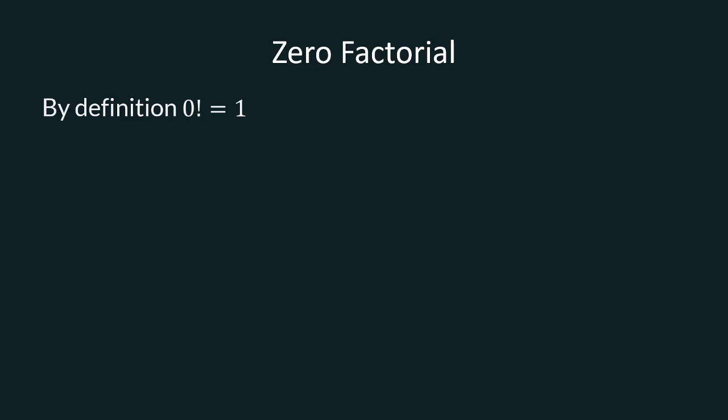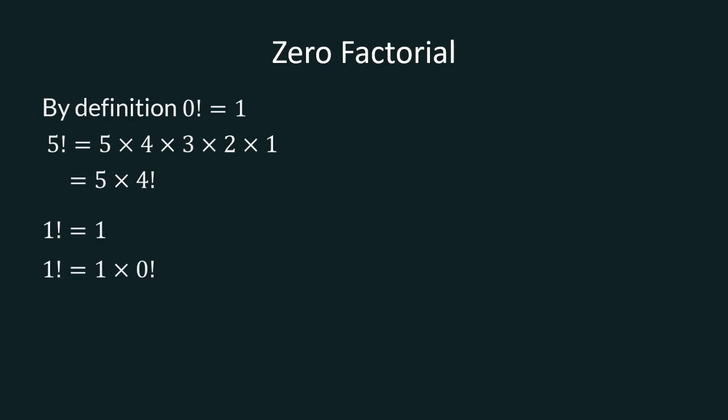So first of all, we know 5 factorial is 5 times 4 times 3 times 2 times 1, which can be written down as 5 times 4 factorial. Now, it means that to find the factorial of any number, you can just write out the number times the number minus 1 factorial. Simple, right? Now we know 1 factorial is 1,